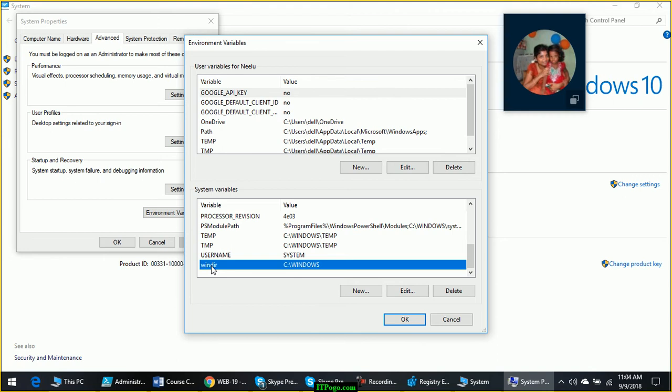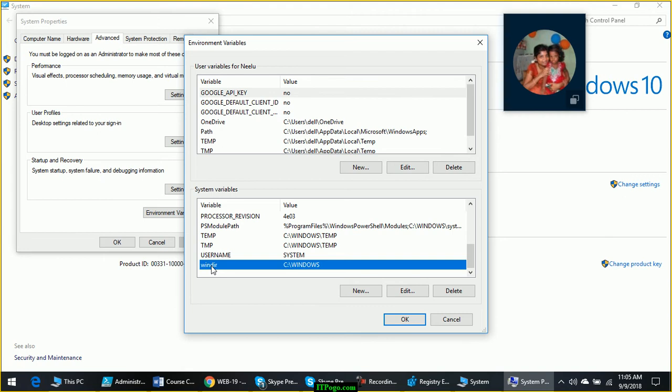Now think about a situation where PowerShell or any other application is pointing to C:\Windows for the Windows installation and trying to find some files. But on a system where the installation was customized and Windows is installed in some other directory, that software or script will fail, because on that computer Windows is not found under C:\Windows. So how to programmatically find out the correct installation folder for Windows?